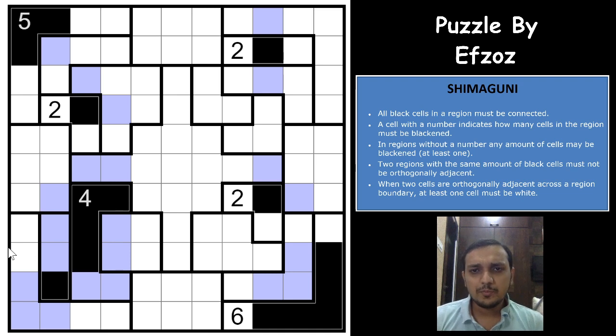A few important things that you have to notice in this puzzle genre is that for the 2 here, either this cell or this cell will be shaded, which means in either of the cases this cell would have to be unshaded. Again the same for this 2, right? Superb.